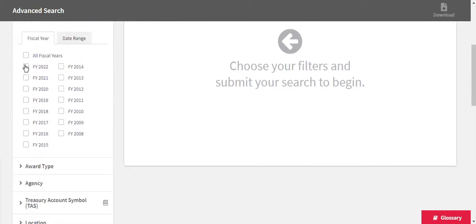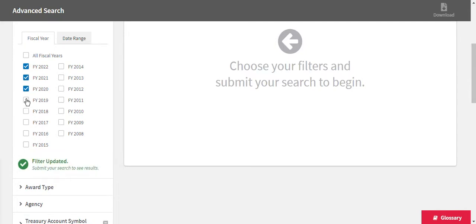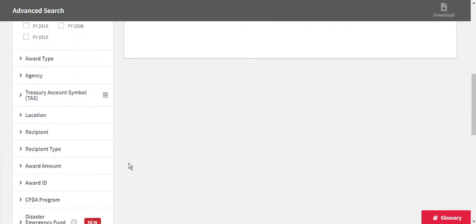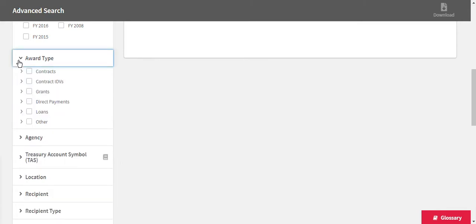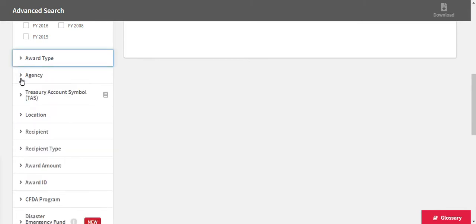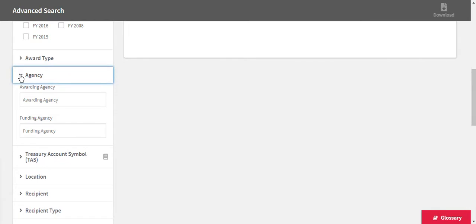I will typically do the last couple of fiscal years, not all of them, but let's say we're just going to do those 5 there that are in here. And you can do all kinds of different things in here for searching. You can look at award type, different types of award types. When it comes to the agency, if you just wanted to put in a certain agency, you could put that in. And as you put it in,